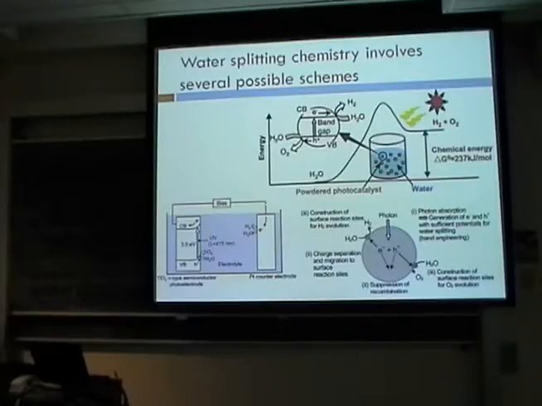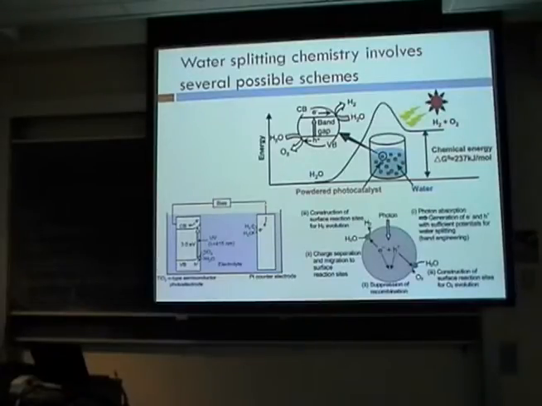Okay, and maybe it's useful to point out here that there are a number of geometries being investigated for photoelectrocatalytic water splitting. One of those involves just having a lot of these catalyst particles floating around in a bath of water, and you shine light on them. So that would be this kind of picture, where the same particle is doing both the oxidation and